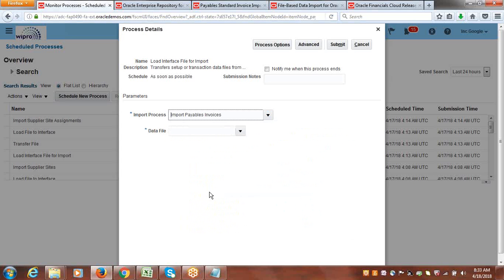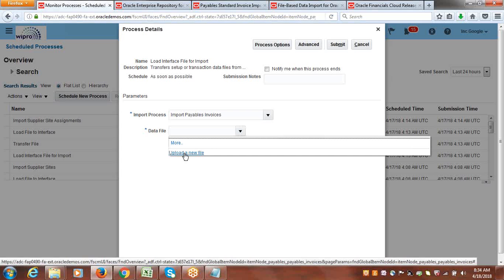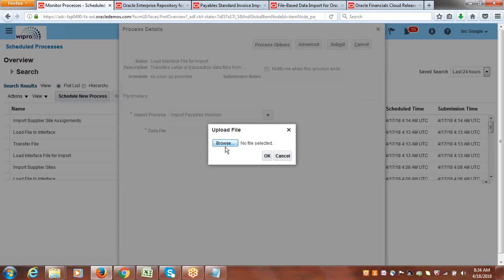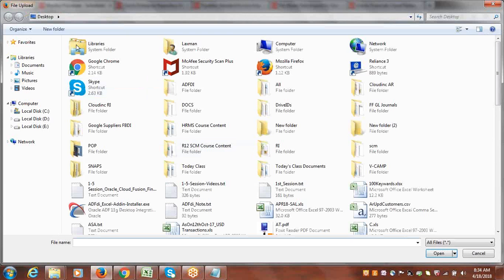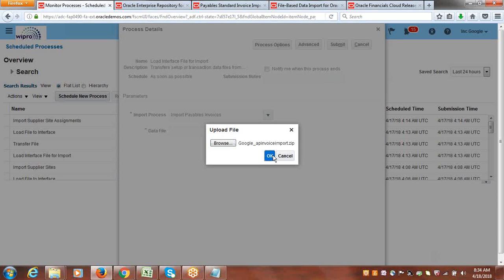So here is the job name, and we don't have the file in the UCM. If the file is available in the UCM, once you click on the LOV, you can find the file here. Since we don't have it in UCM, we can go with this option directly, Upload New File. So here we have a folder, and this is the file which we want to upload, the AP invoice import zip file. Select it. Say OK